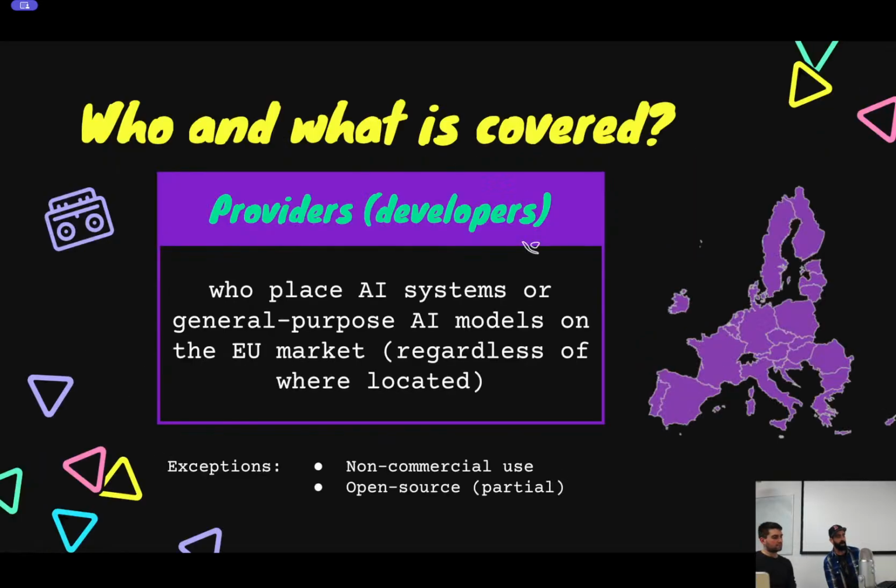So who and what is covered by the EU AI Act? I'm going to distill this down a little bit. There are different roles, and they have different rules that they need to comply with. But the big one that I think everyone here should know is that this covers providers of AI, which is really a way of saying developers, who place AI systems or general purpose AI models, and we're going to talk a little bit about what both of those things mean, on the EU market, okay?